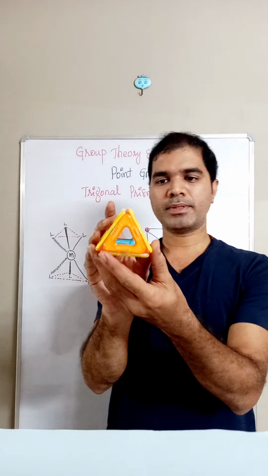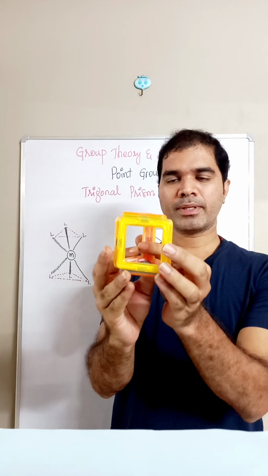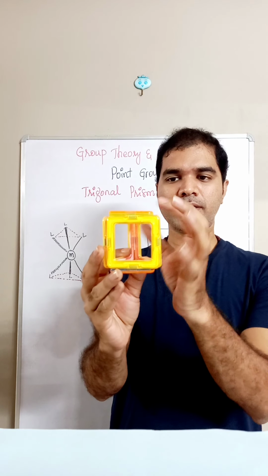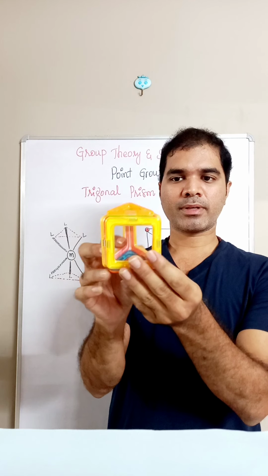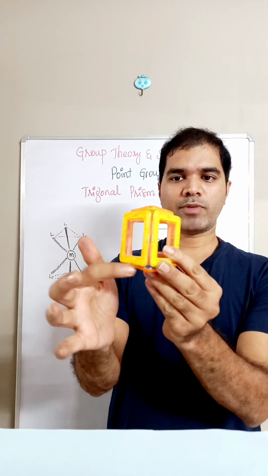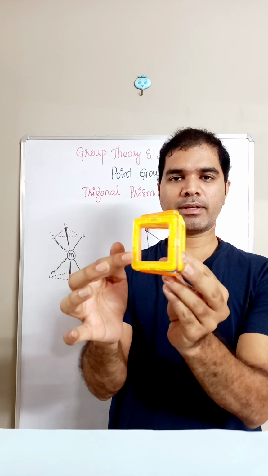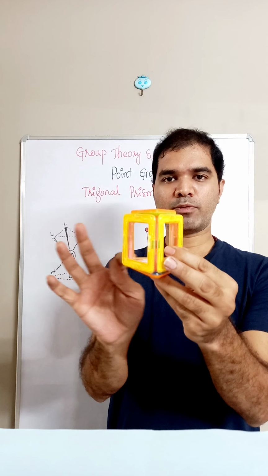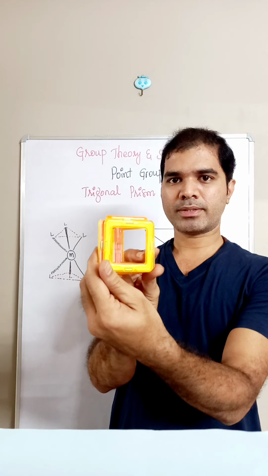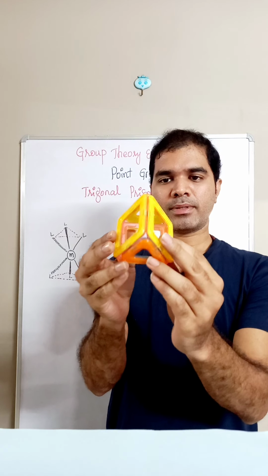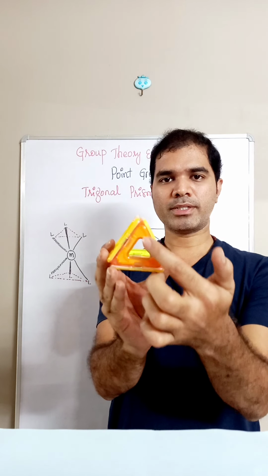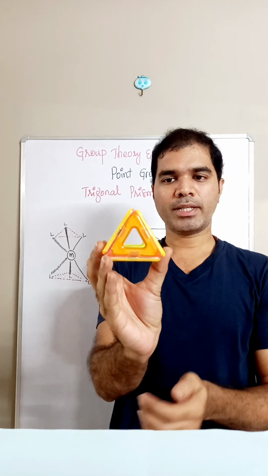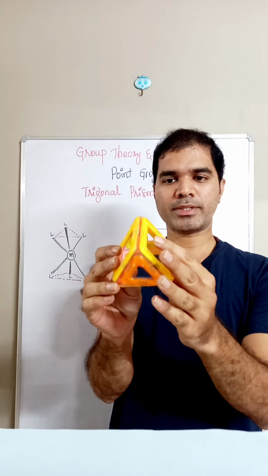Now here you can see the trigonal prism geometry. Metal is considered to be present at the center and it is bound to the ligands, but it is taken as a polyhedral structure. If I hold it this way, this becomes one square face towards your left hand side, one square face towards your right hand side, and one square face which is away from you. I am showing it. The other view is also showing triangular faces, one and a second triangular face. Altogether there are 2 triangular faces and 3 square faces.